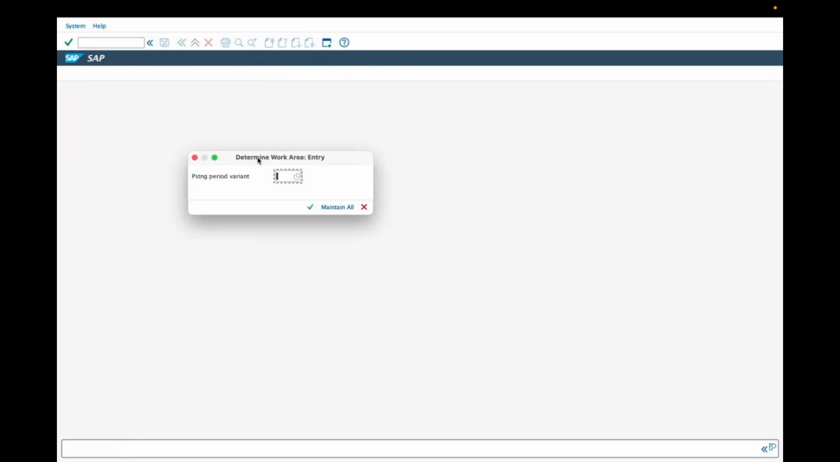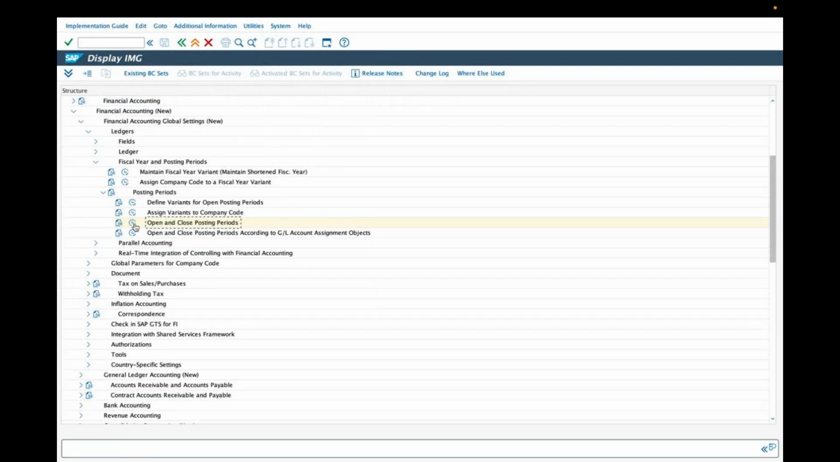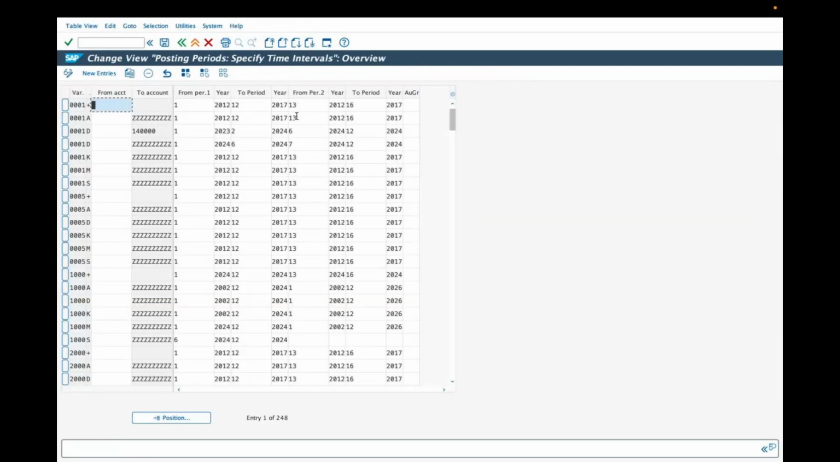You get this pop-up. If you get it, click on maintain all. You need to come to this layout. If you don't get the pop-up, directly you'll be coming to this layout. Finally, I need to get here. So here you'll find all with 5